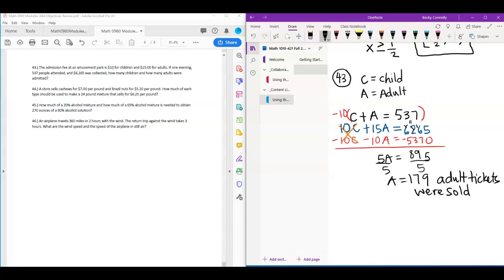All right, but we're not done because our question said how many adult tickets and how many children's tickets. All right, so we're almost there. I'm going to go back up to this top equation because that seems the easiest one to use to figure out what C is. So if I put 179 in place of A, or you can really just think, oh yeah, I'm really just subtracting that. I know together they have to be 537. So if I subtract the 179 off,